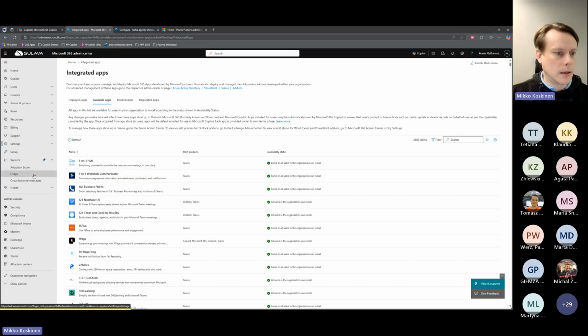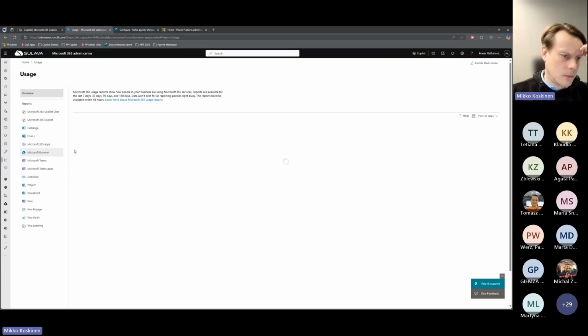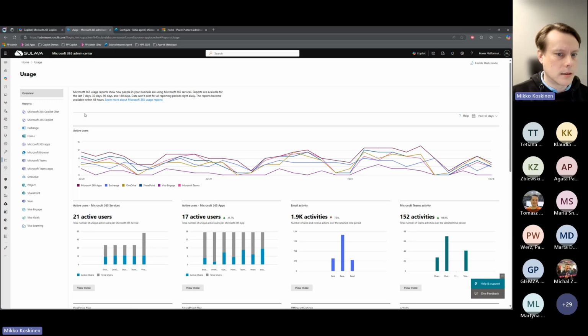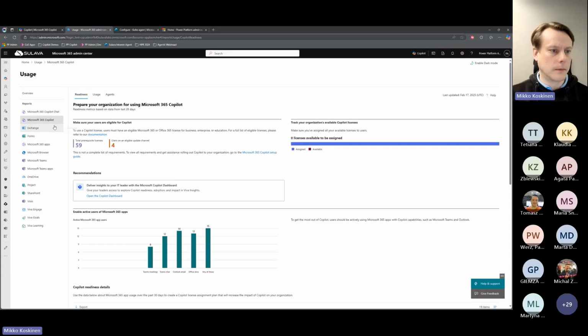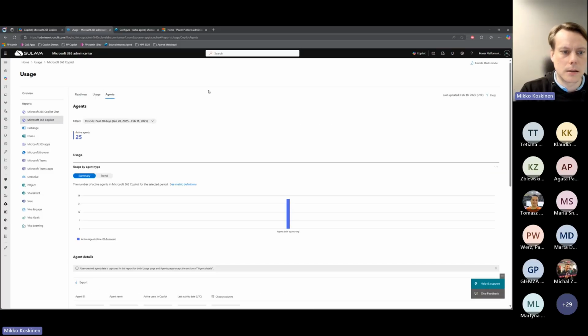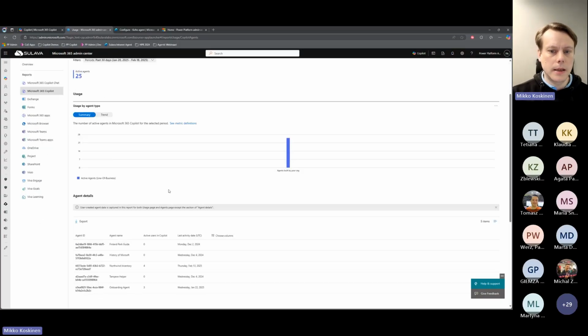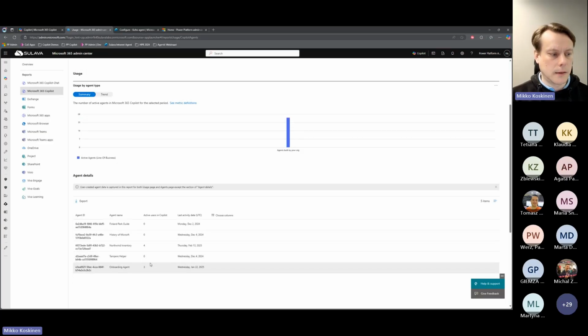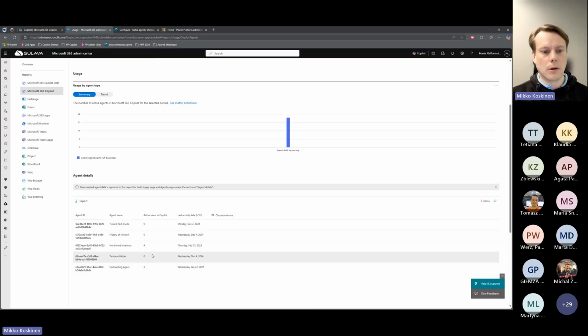Final thing about the reporting, where are you able to see the agents currently, is that in the admin center, in the usage reporting, there's a report for the Copilot usage, and under here you have the section for the agents. Currently, this is only showing you the agents that are created with the Copilot Studio or then with the Teams Toolkit